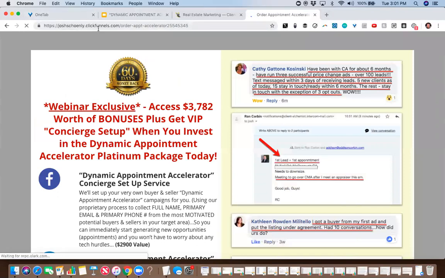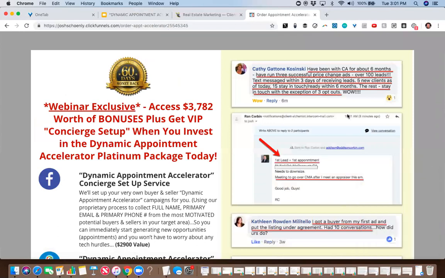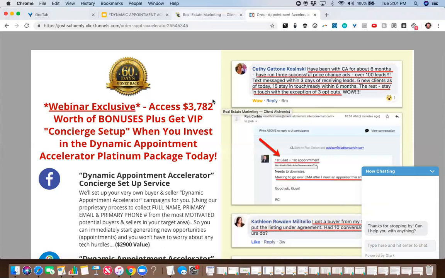You can use this form to get enrolled, and in a minute, yeah, there it goes. If you have any questions, you can use our little chat bot down here, or you can email us, support@clientalchemist.com. You can private message us through Facebook. However you prefer, we'll make sure that we address any questions or anything that you might need with regard to this.